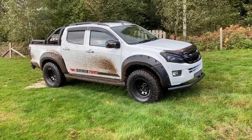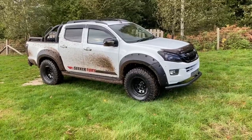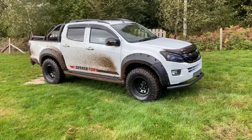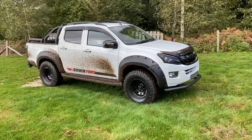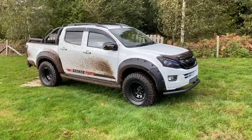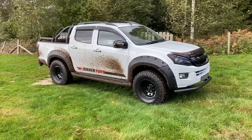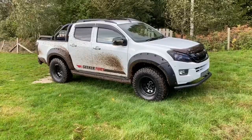It's a Utah, and we've called it a Seeker Fury. We've added wide arches, lift kit, extra deep dish all-terrain tyres. We have to do a few alterations underneath to make sure these wheels fit. It's very tight. We've added a chin bar, tinted lights, bonnet bar, headlight protectors, privacy glass, black pack, exo rear